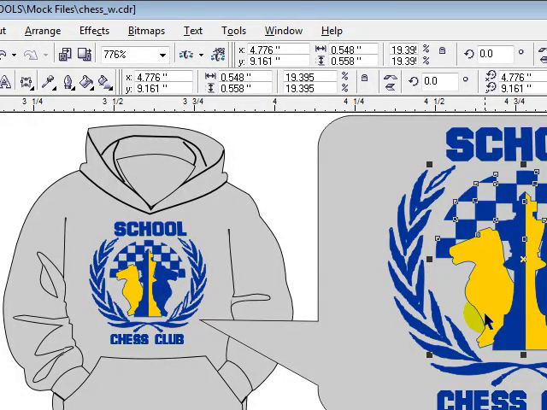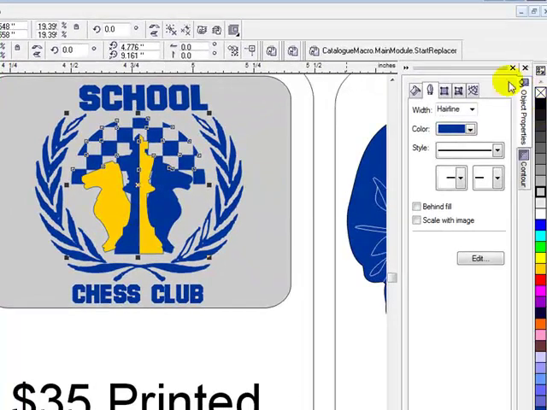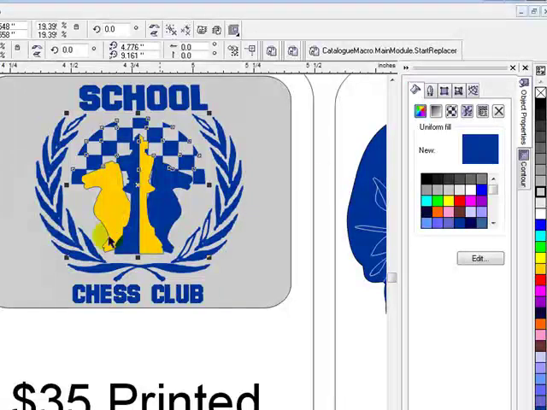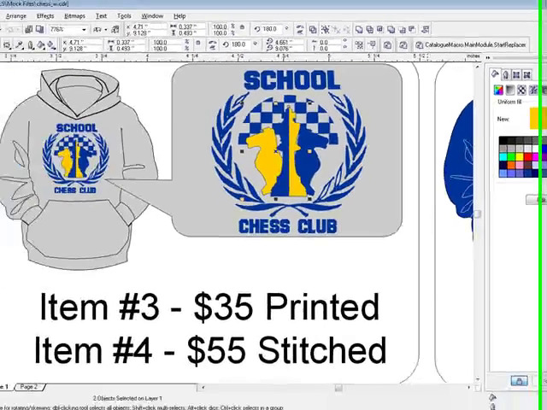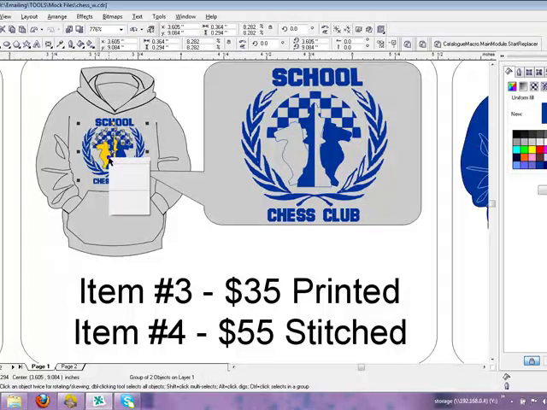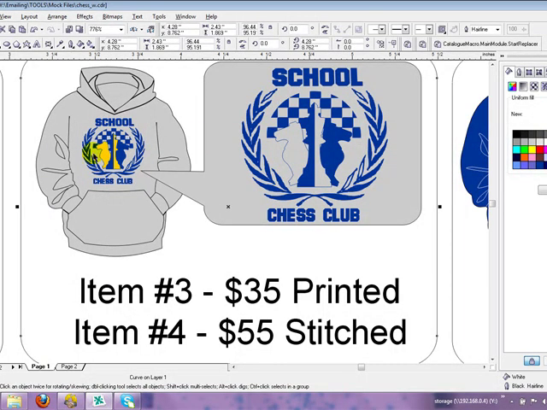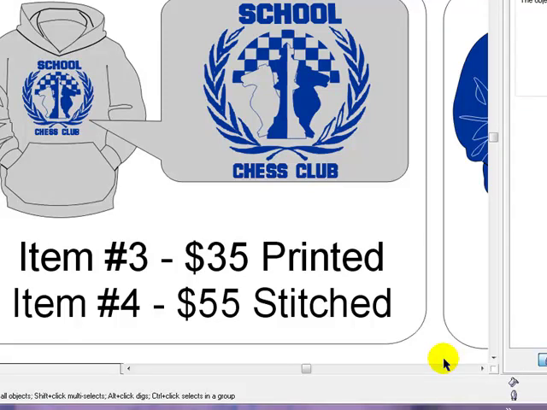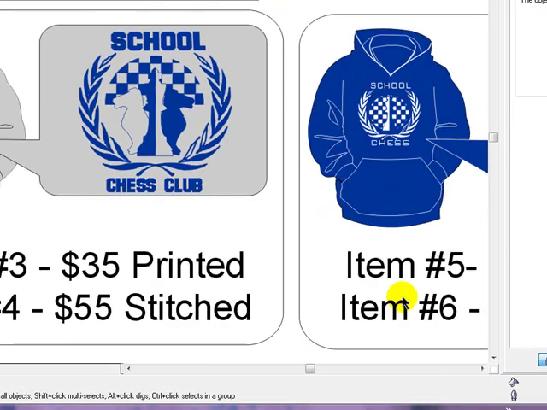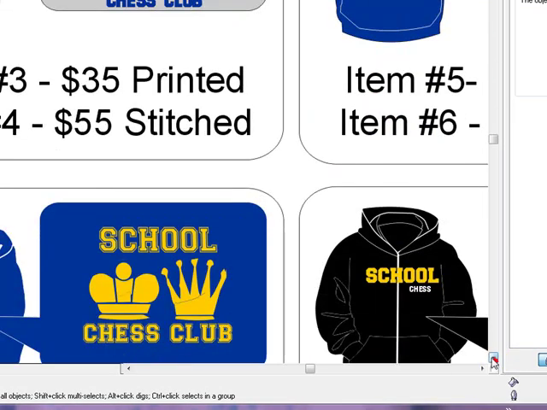And now I want to change these yellow parts to be gray, but I can't seem to select them, so I'm going to hit ungroup all. There we go. And there's a 20% black. And we're basically going to go through and change all the yellow colors to white, because that's the color that